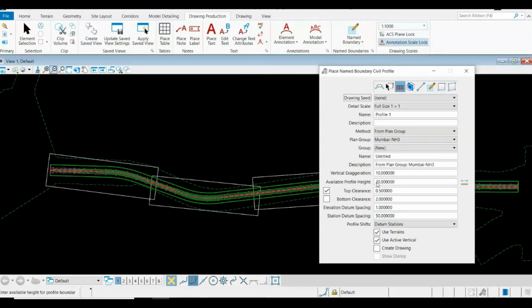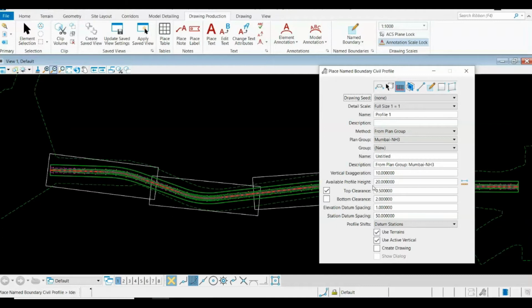You have company-specific or organization-specific borders, so you can set them once. Once you are done with your settings, drawing production can be done very quickly, without wasting time, and a lot of manual drafting effort as well as correction is saved.